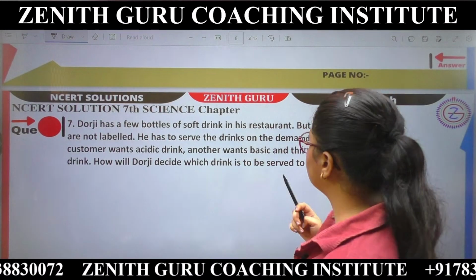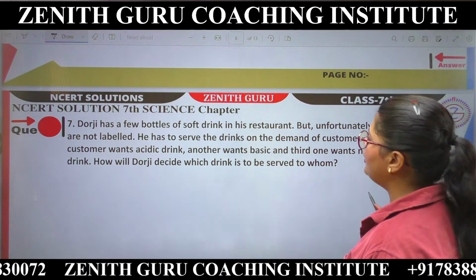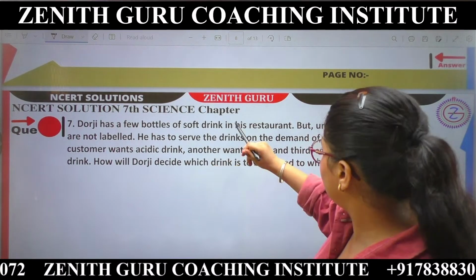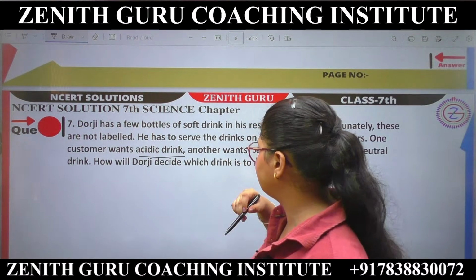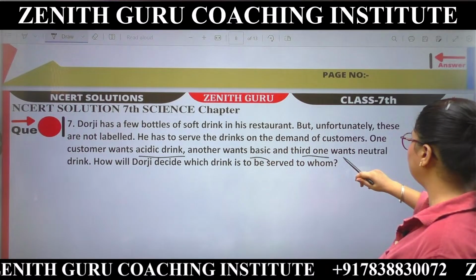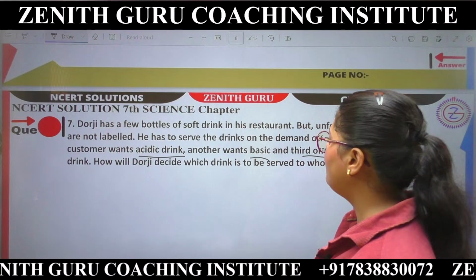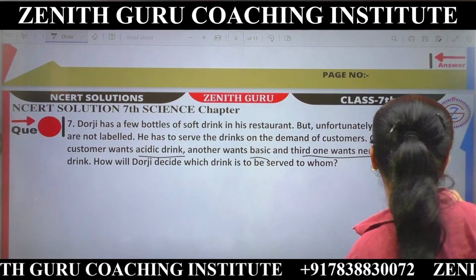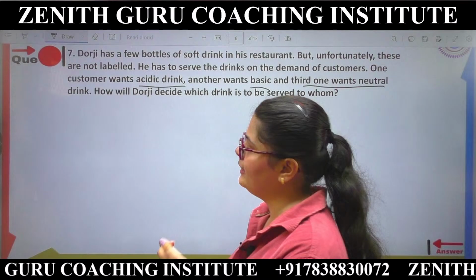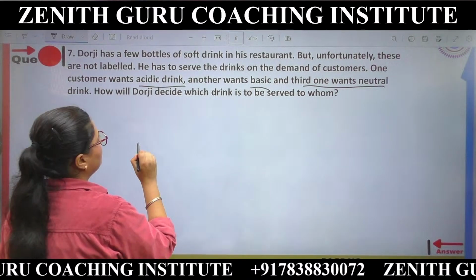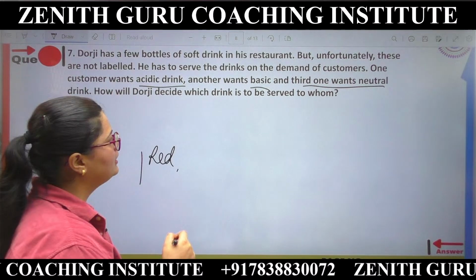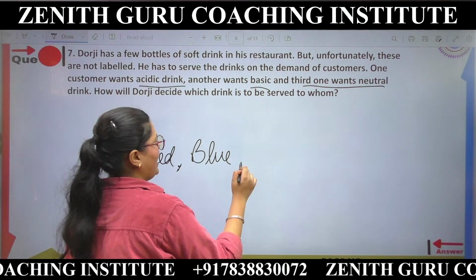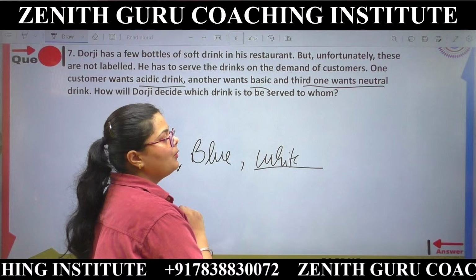Dorji has a few bottles of soft drinks in his restaurant, but unfortunately these are not labeled. He has to serve the drinks on the demand of customers. One customer wants an acidic drink, another wants basic, and a third wants a neutral drink. How will Dorji decide which drink is to be served to whom? So he can mark acidic with red, basic with blue, and neutral with white. And that's how he can easily